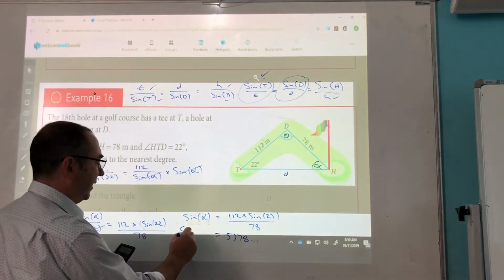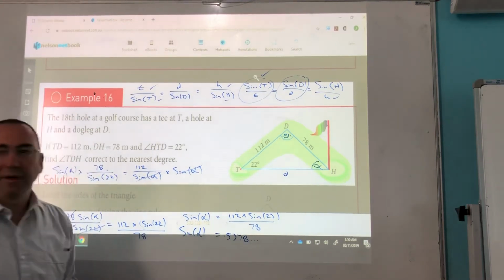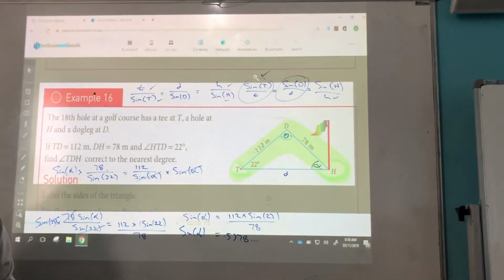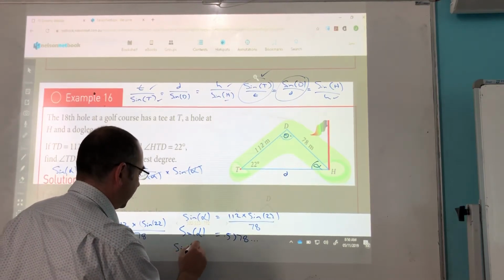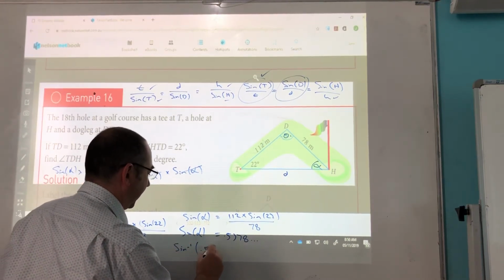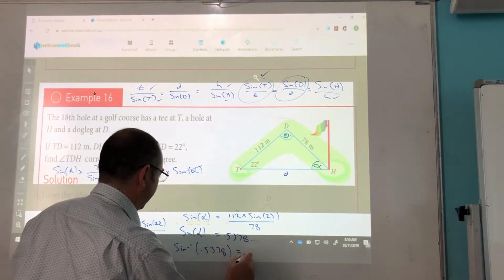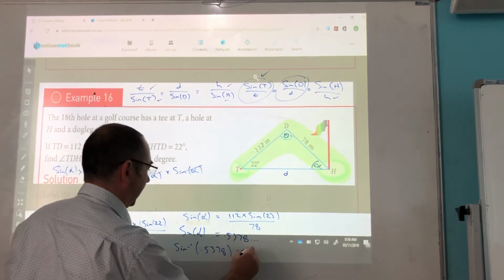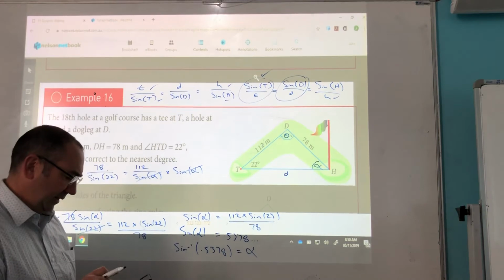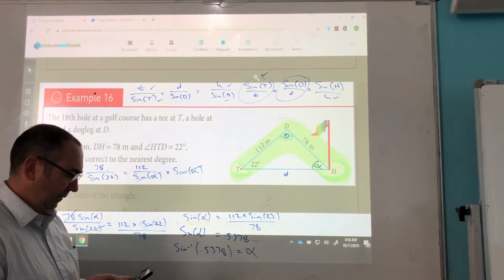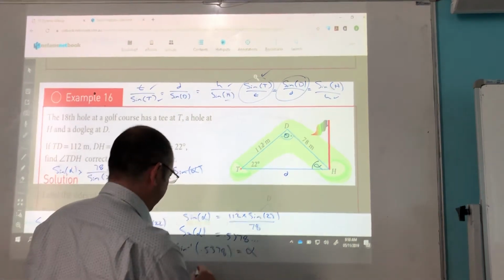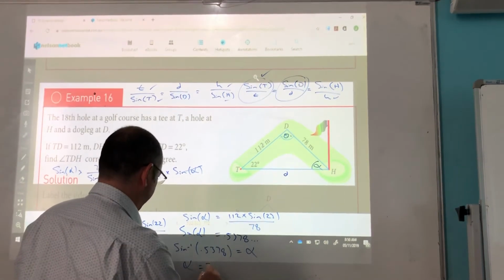So we've got sine of alpha equals 0.5378, but we actually need alpha. So we can do sine to the minus 1 of 0.5378, and that will be equal to alpha. So let's do that. I then get that angle being equal to 32 degrees,